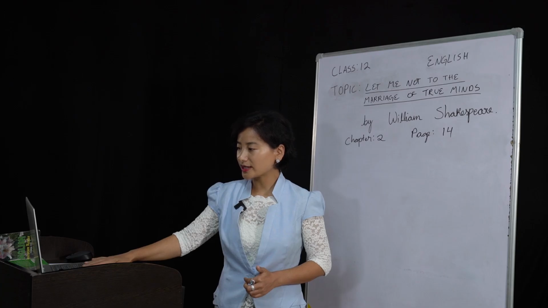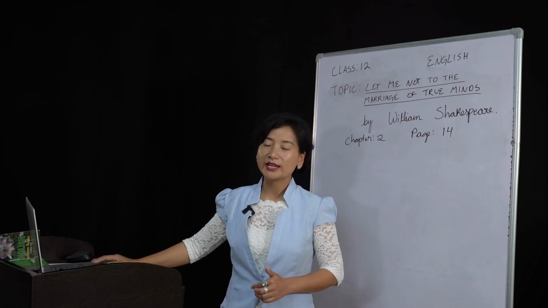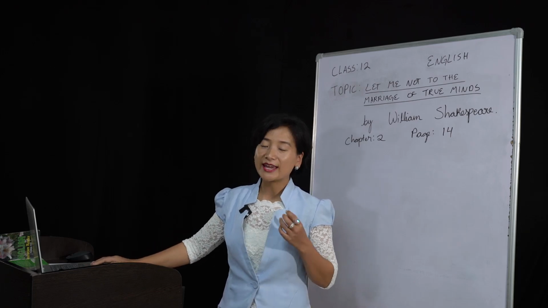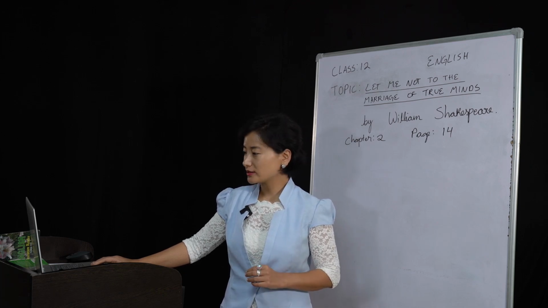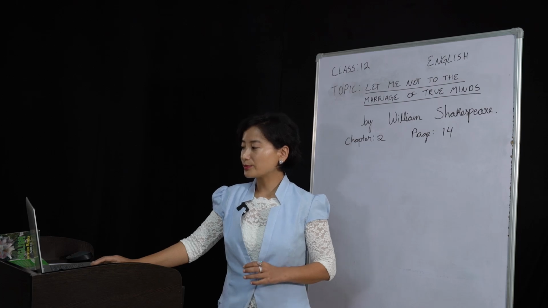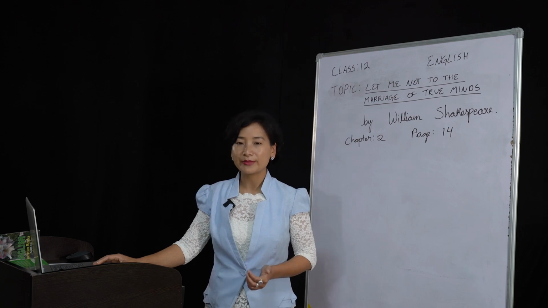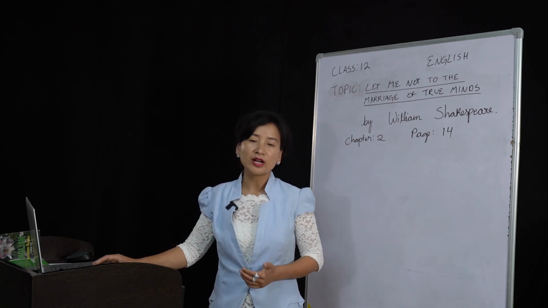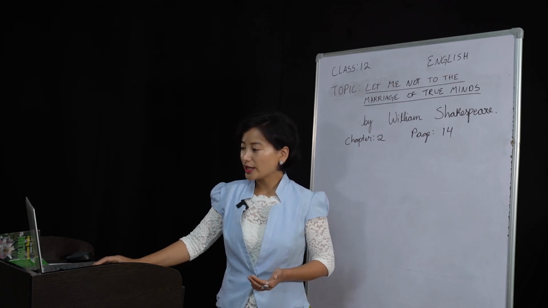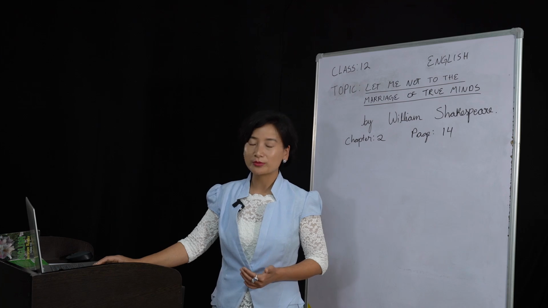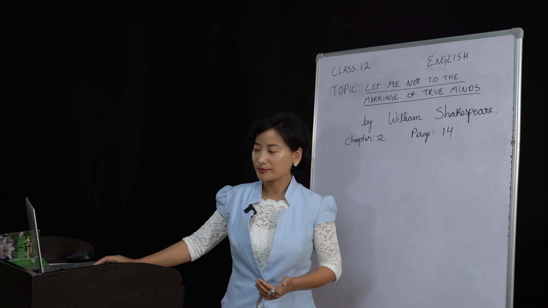Now, in the second stanza, you may want to note these points down. True love here is said to be an ever fixed mark. Ever fixed mark here means permanent. It cannot be removed. It is not afraid of tempest. Like I said, it is not afraid of the storm and stress that comes into our life. It bravely faces hardships of life. It is not afraid of whatever hardships come.